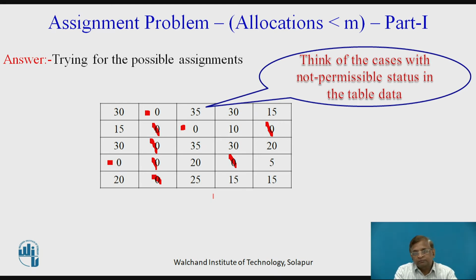At this point of time, I expect you people to think of certain cases in industry, maybe manufacturing or service type industry, but think of some cases where not permissible kinds of status may be given to some cells. I mean, if you take that particular cell, first row, third column, there they might put up NP, or they might put up a cross, or they might put up an infinity symbol, something like that. So why do such cases come up? I expect you people to think of these situations in actual real life.